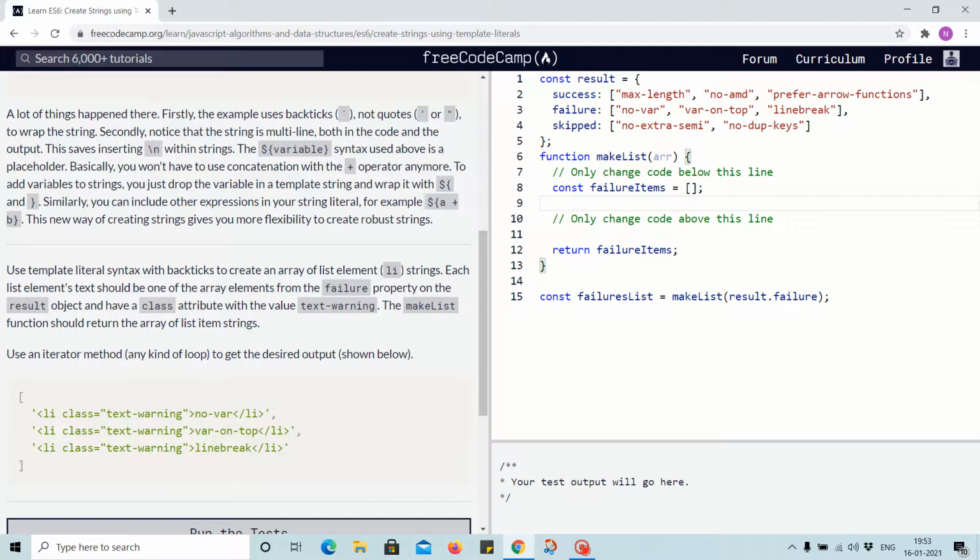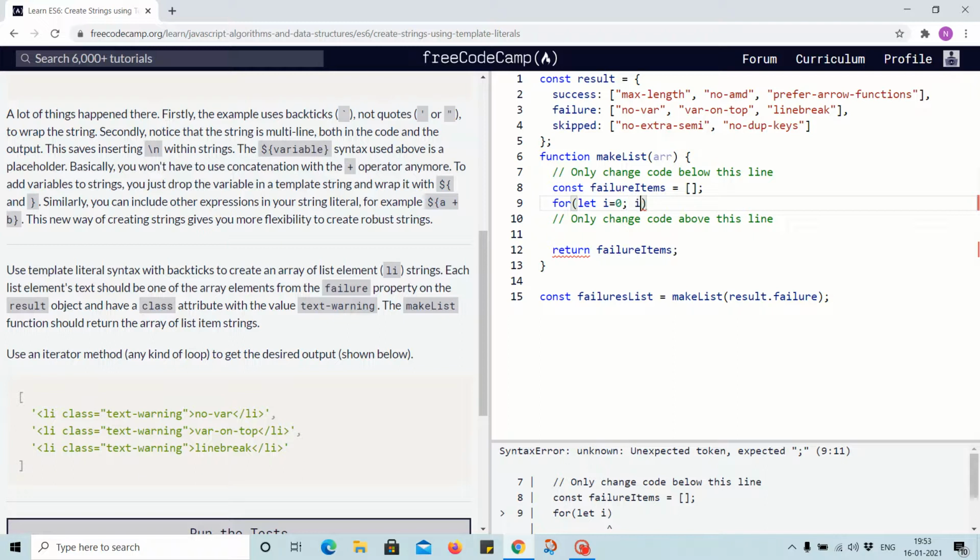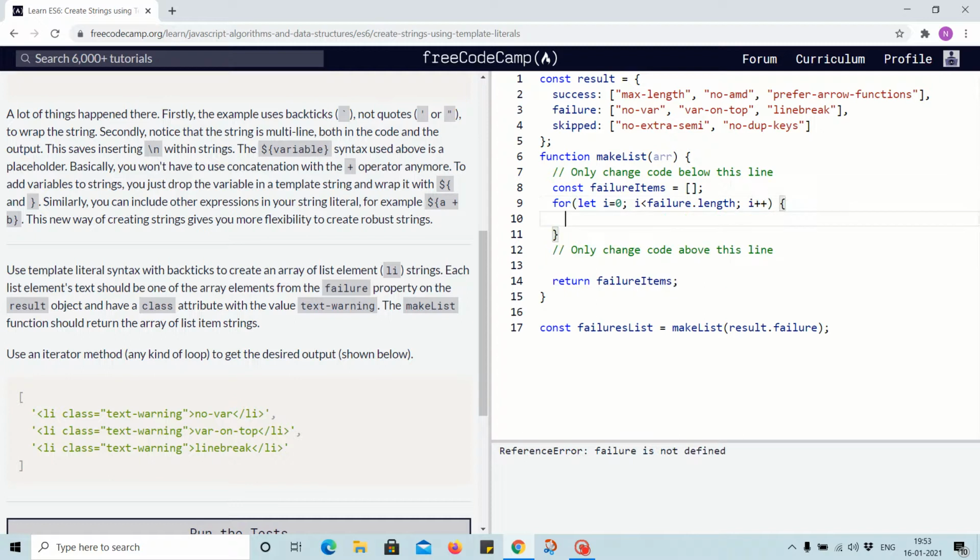So first, for let i equal to 0, i less than failure dot length, i plus plus, and afterward inside this we have arr, not arr, failure